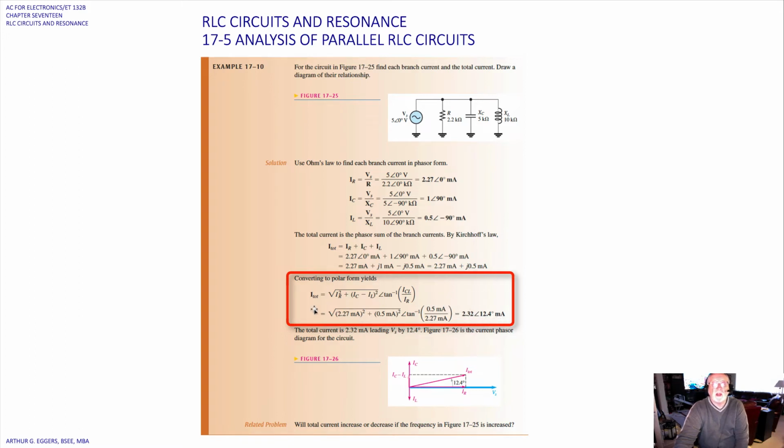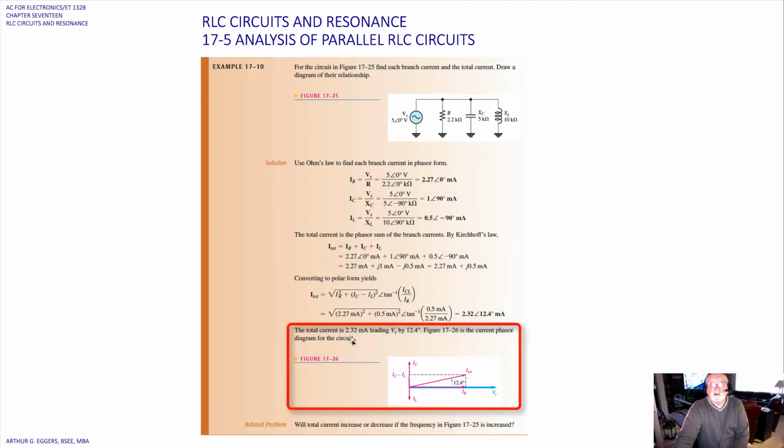So I hope you're getting used to doing these conversions, turning them into polar form, because in most cases when dealing with multiplication and division, it's easier to use the polar form. The current then is 2.32 milliamps, leading the source by